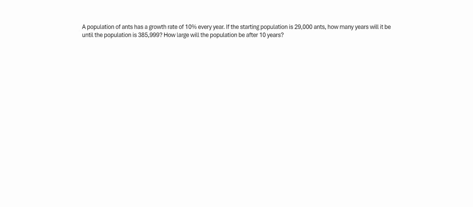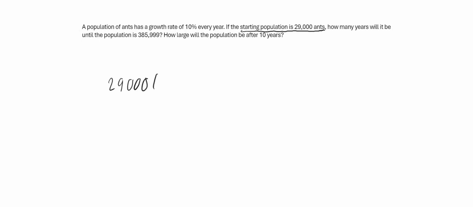Alright, so the first part of the question gives us enough information to construct an equation for this situation. So we're going to have to use an exponential function. So let's first identify our principal amount. Our starting population is 29,000 ants. So our principal amount would be